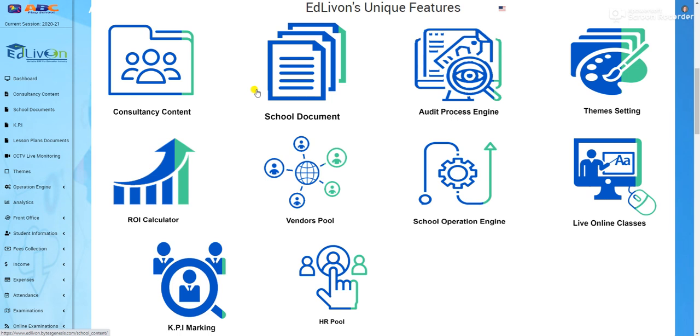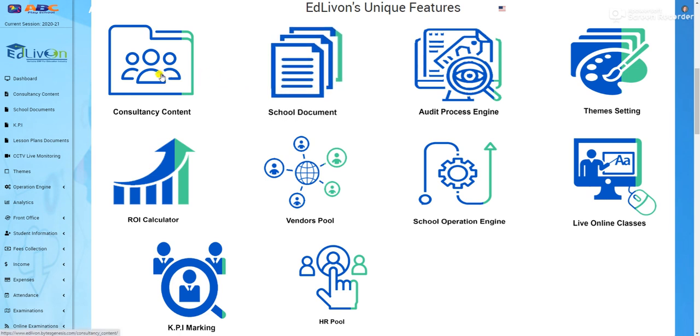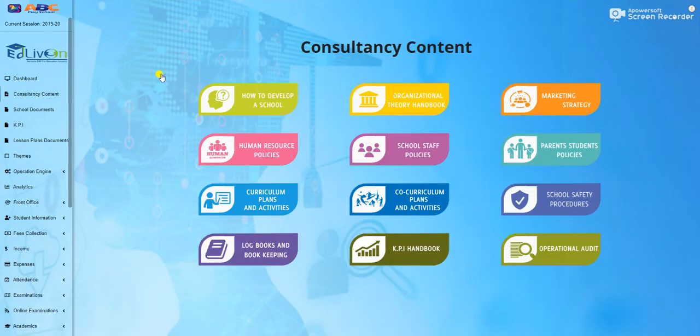The very first feature you are looking at on this screen is the consultancy content. That is a very unique feature, and I click on this button and now we go to the next screen, which explains consultancy content in detail. There are a total of 12 buttons related to the consultancy content, and the very first button is how to develop a